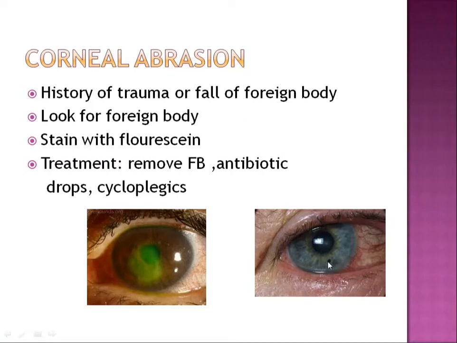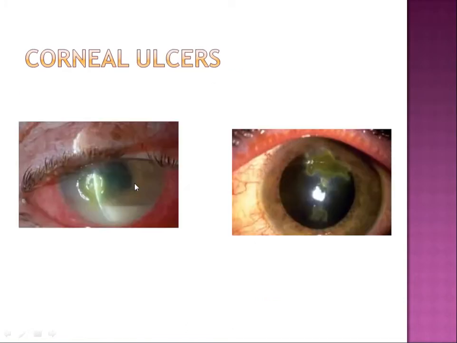The most common corneal foreign body, we see it when the patient is doing some welding work. The iron chips fall off and get stuck onto the cornea. So whenever you're seeing this type of picture, you have to remove the foreign body and start the patient on antibiotic eye drops. Because of the amount of pain it causes, there'll be ciliary spasm and pain, so always give a cycloplegic.